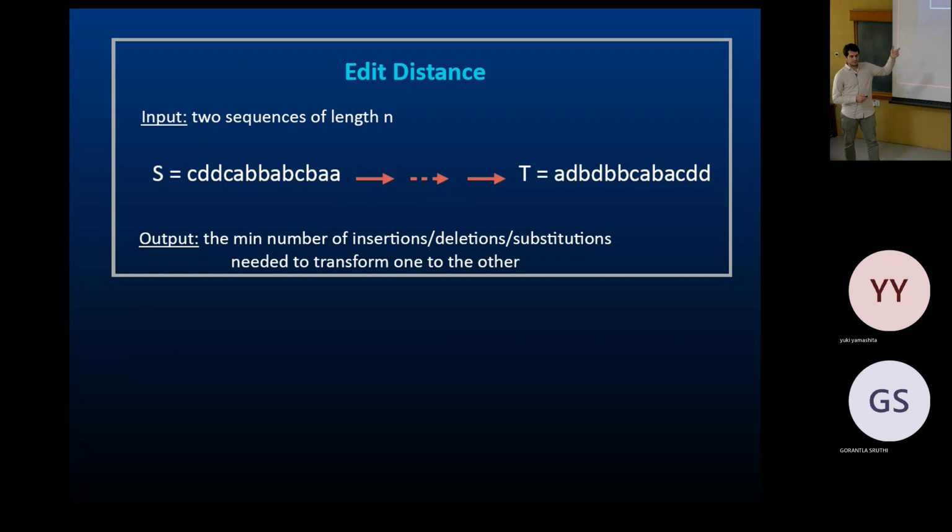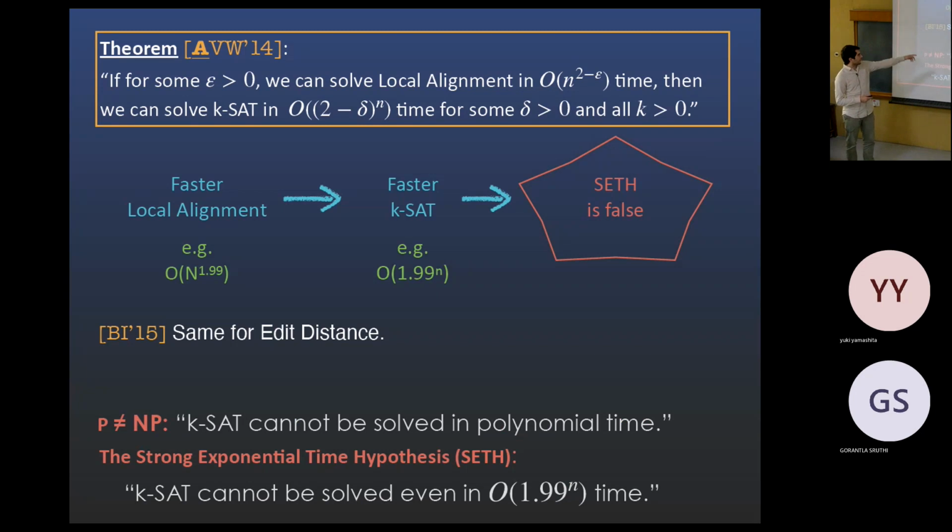And similar, again, is this edit distance problem. You have two strings and you want to transform one into the other with the minimum number of operations. And again, you can do some dynamic programming. So, following the result on local alignment was a breakthrough. The n squared by log squared is also a dynamic program.